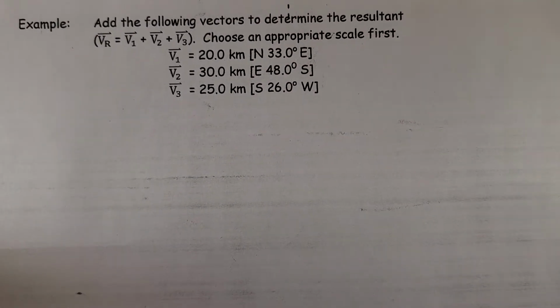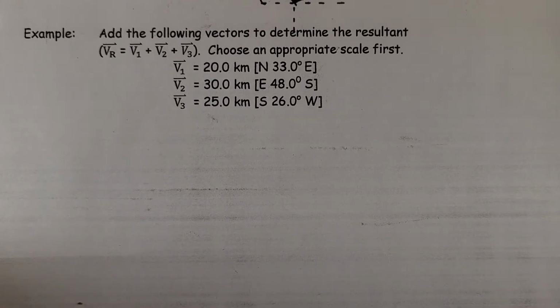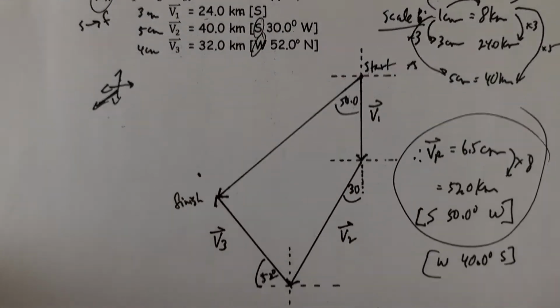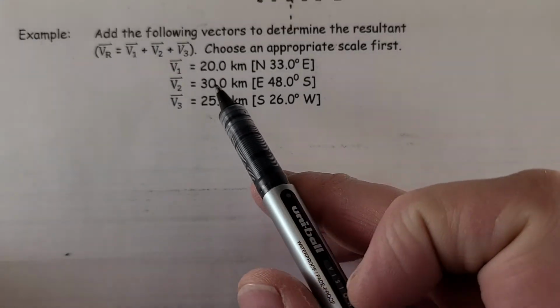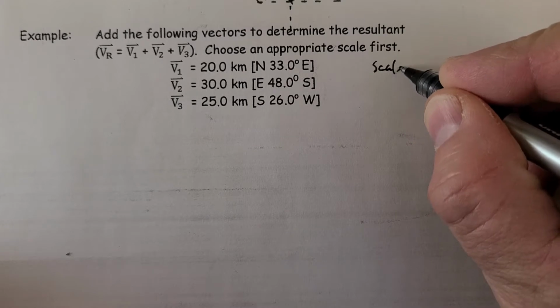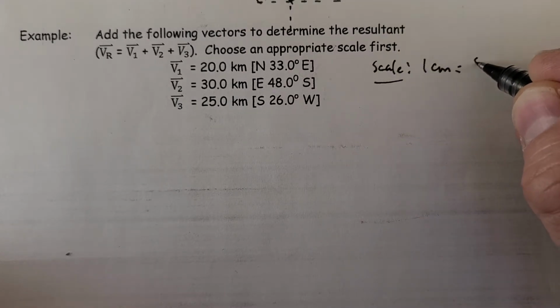So we'll look at the last example here with this first V1.1.2 section. Adding up these three vectors, we did this example here. We'll look at this one. So we have a 20, 30, and a 25. So a scale that kind of jumps out here is likely 1 centimeter equals 5